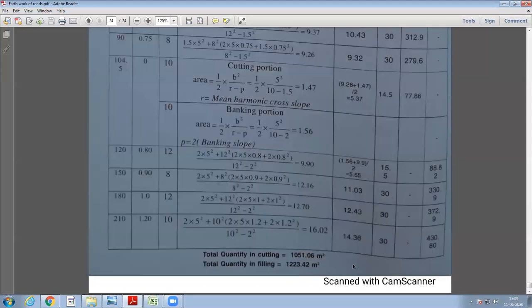So students, now we have completed the earthwork of roads. This topic is completed. You can solve more problems on earthwork of roads using other textbooks or question papers. If you have any doubt, come back, we can discuss, and we can have a Zoom class after your internals. We can discuss whatever doubts you have in the earthwork of roads. Please work out the problems which we have discussed here.